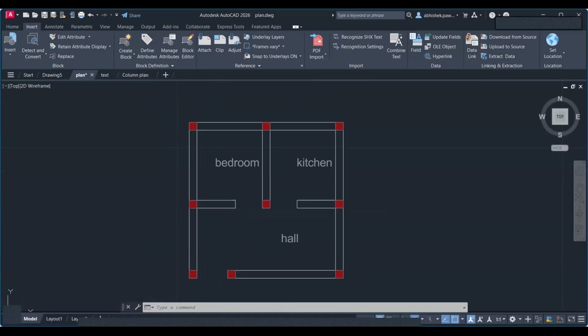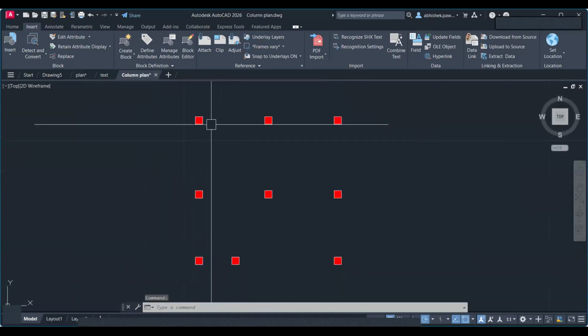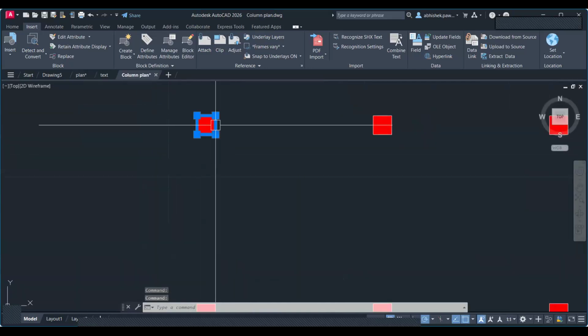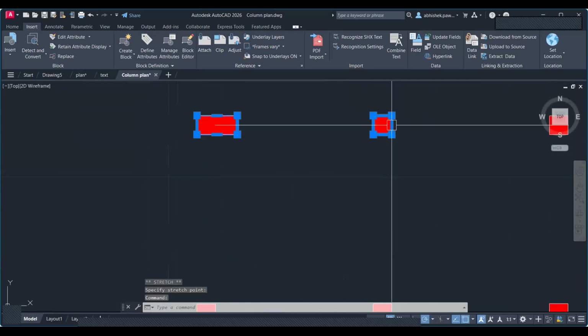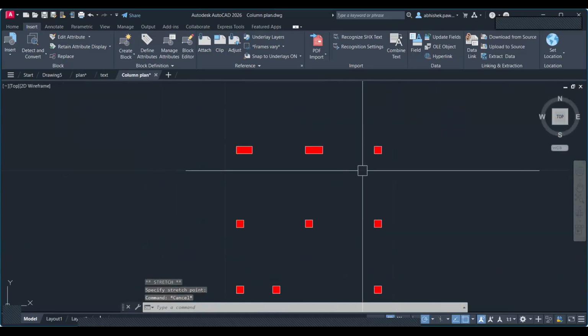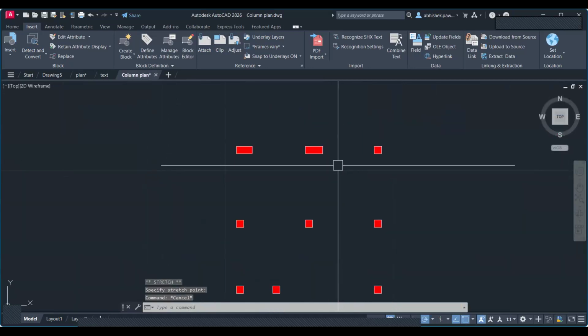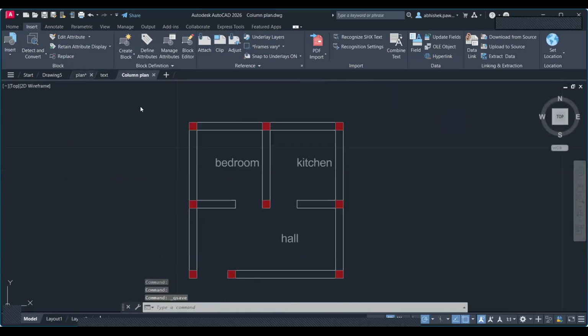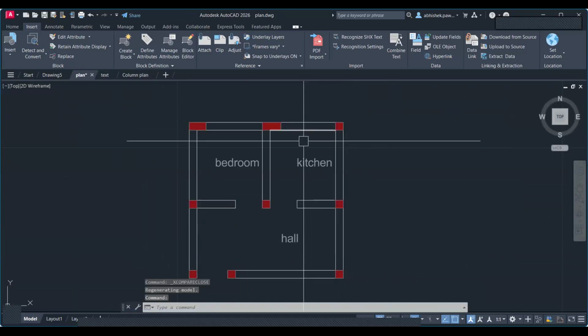Suppose you need to increase the column size. Now here column size is 9 by 9. Suppose you need to increase it, then what you do, just increase this size in the xref. Only both two columns get changed. What you do, go to plan, then click on OK. See,